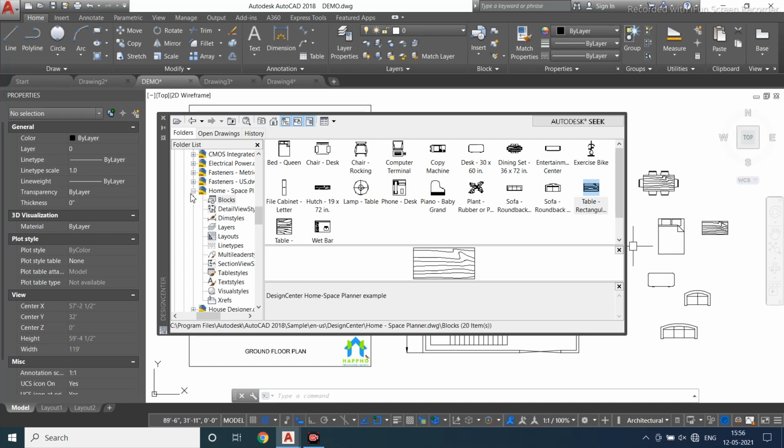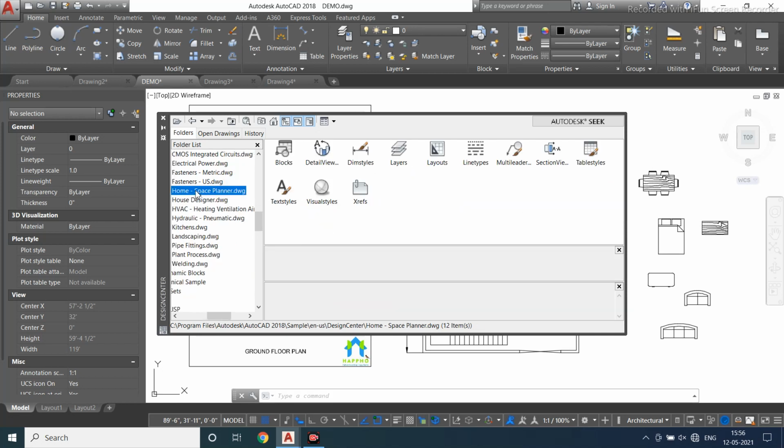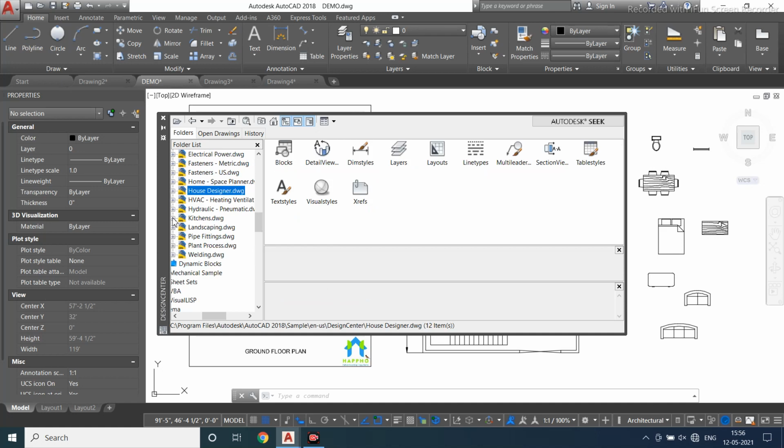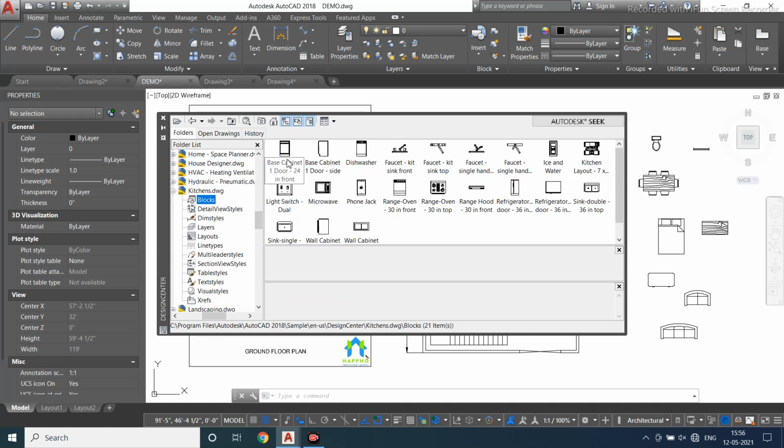Next, suppose you want kitchen items, since you have your kitchen also to do. Home Designer is also there, under Block. In this, if you want any sink or you need a closet, you can select over here. If you want a window, you can select over here. Okay, this is the elevation of your window. Now I don't want such things. Now I'll go with the kitchen items in Block.